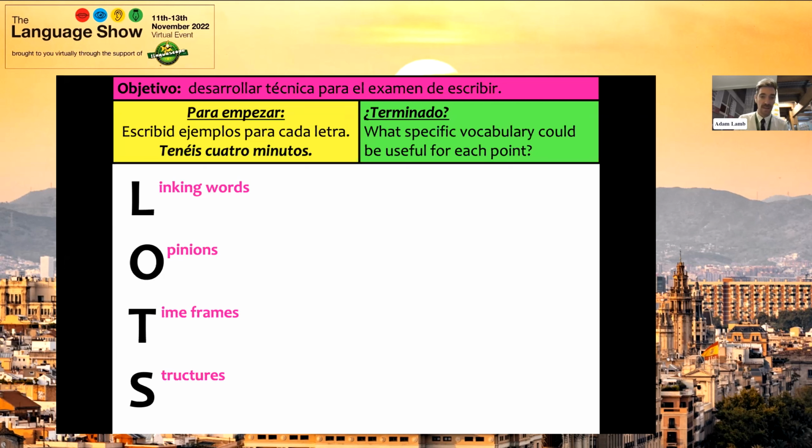So the idea being that students need to develop, they need to be able to write. So in order to do that, they need to use linking words. Opinions across your 90 words, your 150 words, across your photo card, across your general conversation, you have to be able to express opinions. And obviously in the higher elements, you have to be able to justify those opinions as well. Timeframes, obviously we're talking about timeframes all the time.